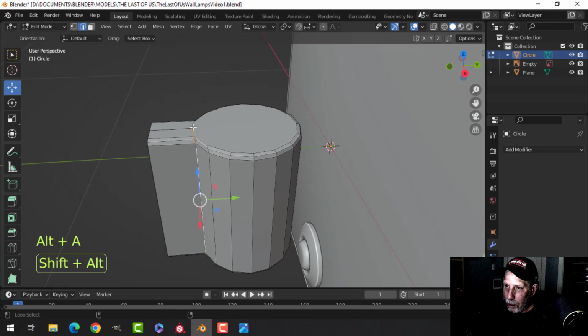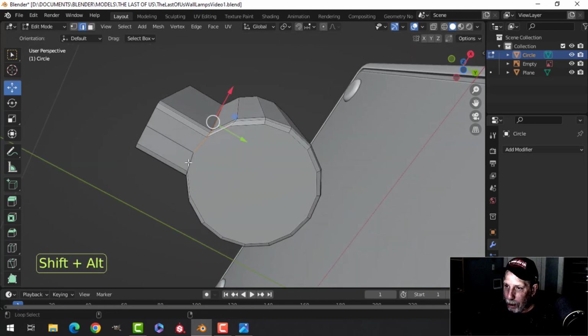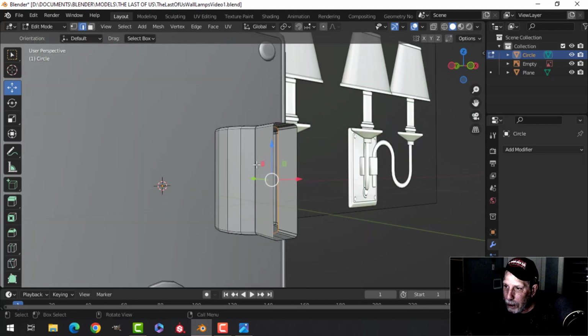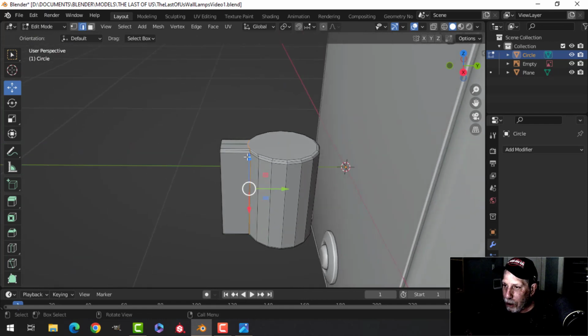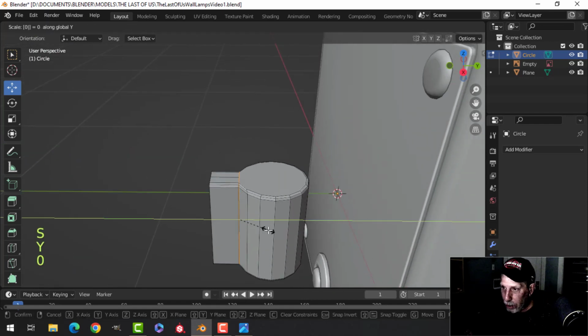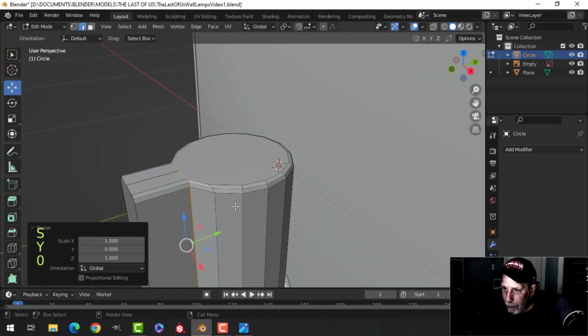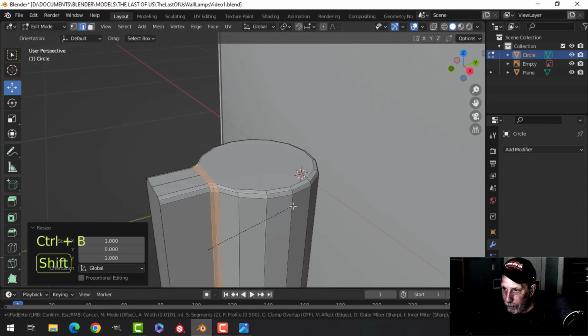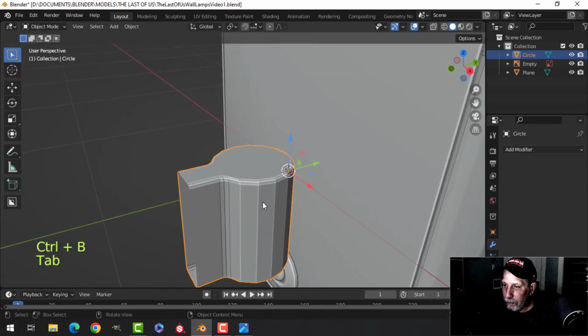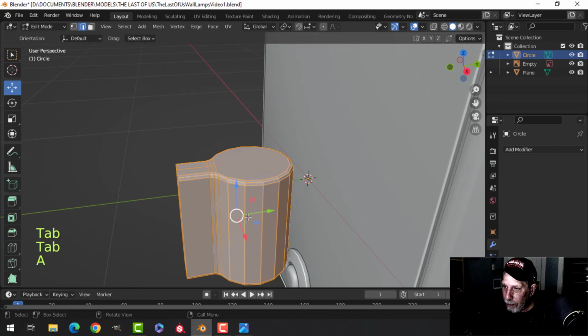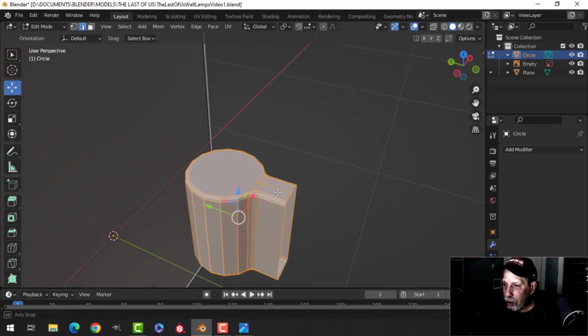And then I'm going to Shift Alt and click this edge and make sure I've got all of it going all the way around. I guess I need to get that piece there. Let's straighten that in the Y, S Y 0, and then let's bevel that edge like that. Okay, let's take the whole thing and we want to rotate it back, so we're going to rotate